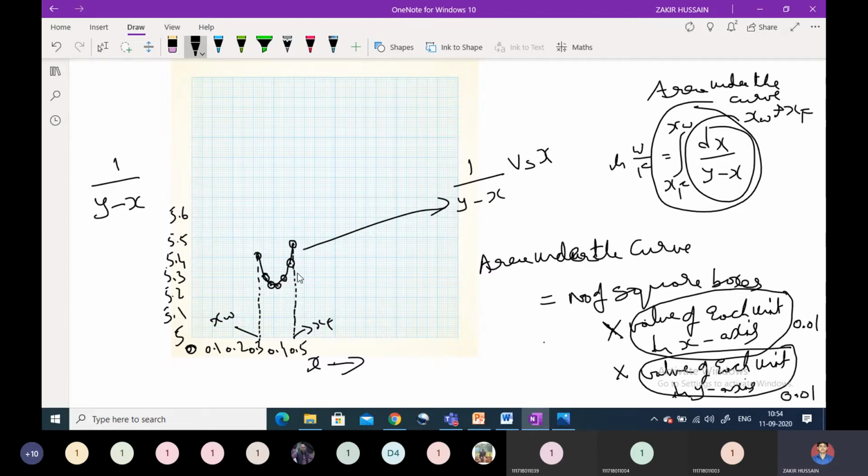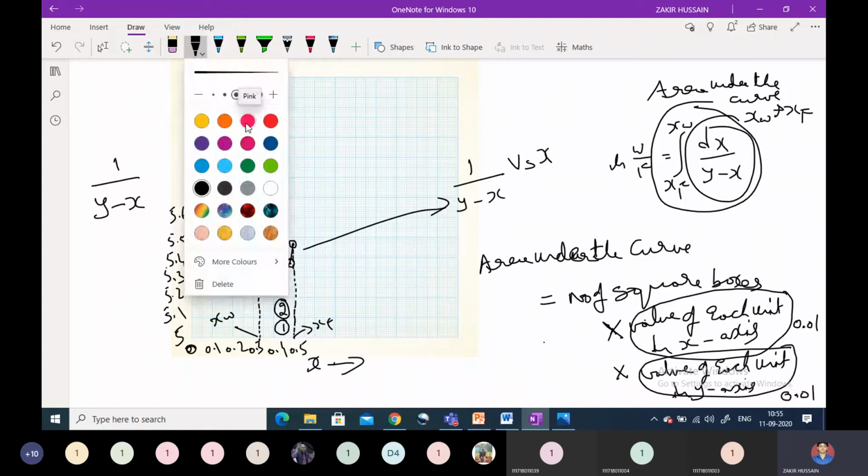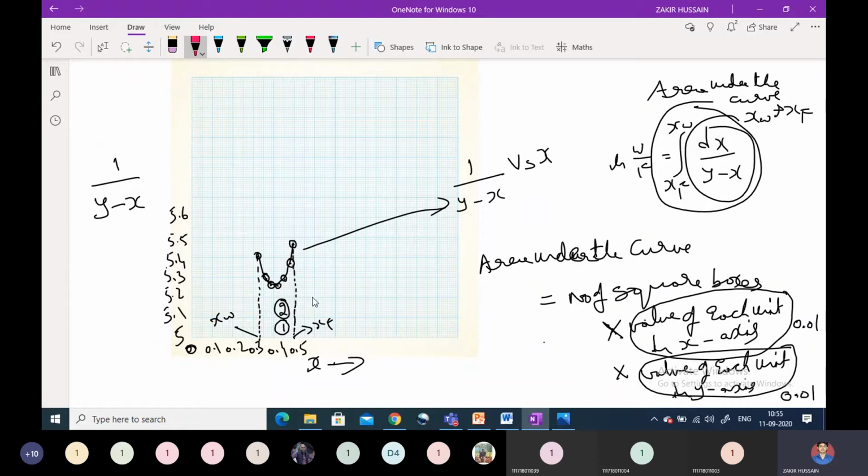If you see, this is a complete square. You can count this one as 1, and this is 2, and this is not a complete square. So this fraction of, okay, I am using a different color. Again, this method is very important, for the problem which we are going to see in the next problem. Based on this area under the curve only, it will be dependent.